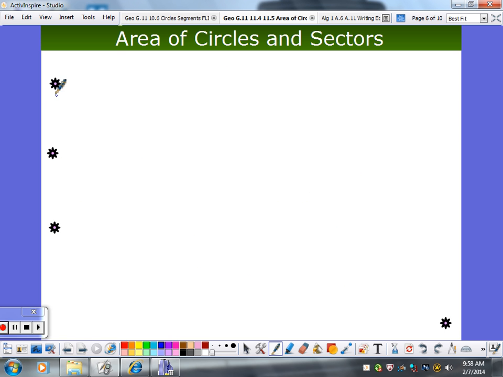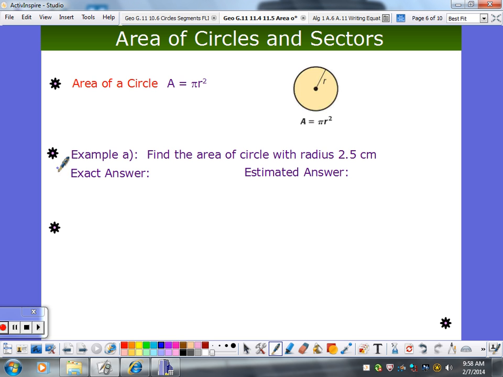It's area of a circle is pi r squared. Same thing. How do you find the exact answer? And I'm just going to speed it up a little bit here. 2.5 squared times pi, figure out what 2.5 squared is, 6.25. And this time it's, units are squared, square centimeters. That's a unit for area. Multiply that by pi, you get an exact answer. I got 19.63